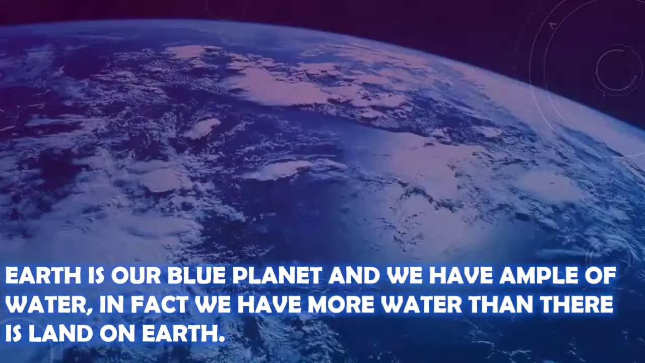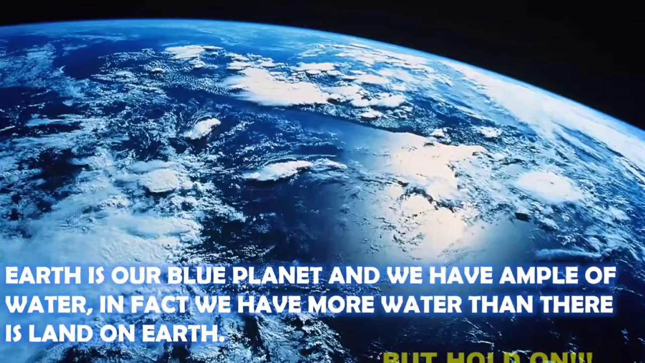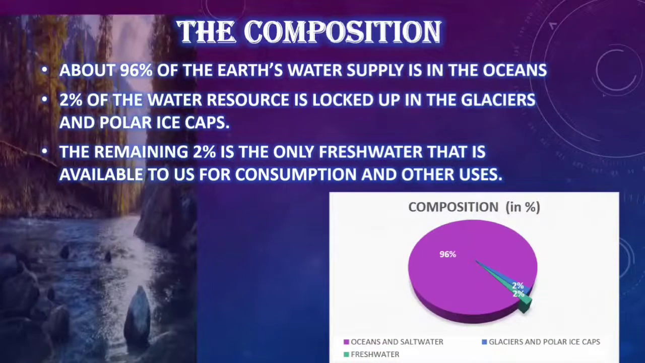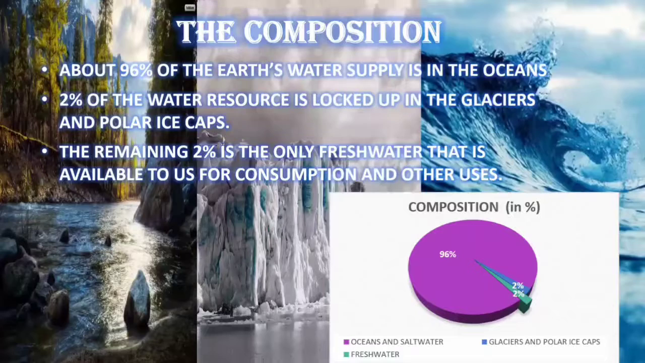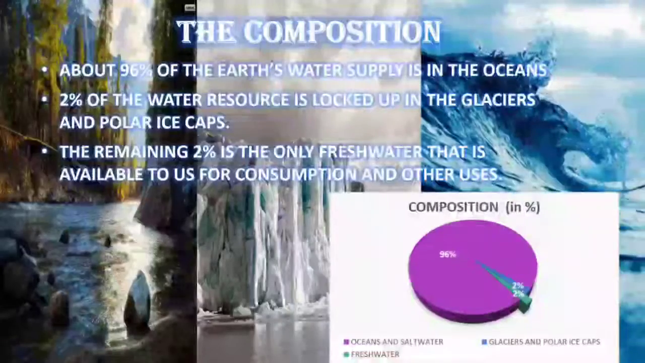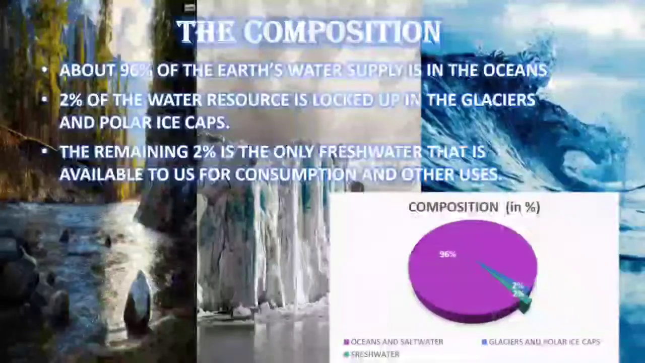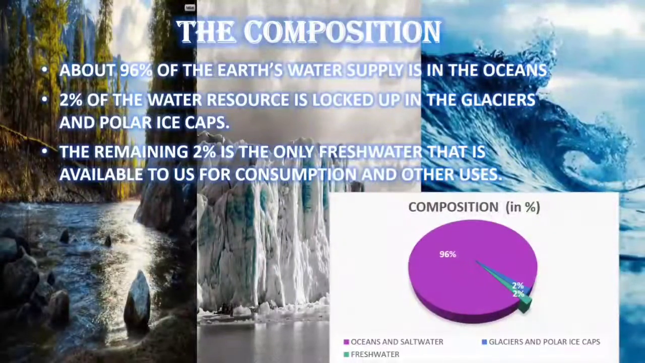But wait, there is a catch to it. About 96% of the Earth's water supply is in the oceans, where its high salt content makes it unsuitable for consumption for almost all terrestrial organisms. They support only marine aquatic life. 2% of the water resource is locked up in the glaciers and polar ice caps. Again, not useful directly. The remaining 2% is the only fresh water that is available to us for consumption and